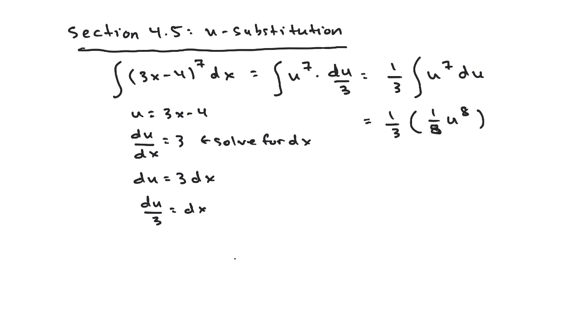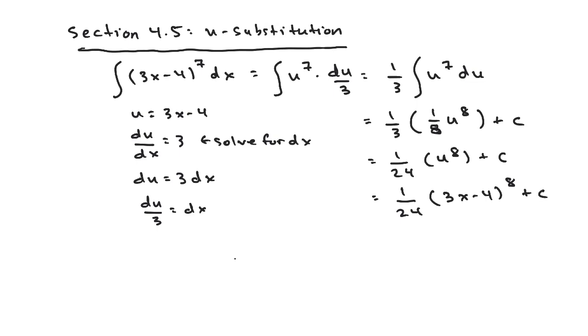And we could put the plus c inside of the parentheses, but since we're going to multiply it by a third anyway, we'll just say that that's a new plus c. We just need one constant of integration. And so this is going to be 1 over 24 times u to the 8th plus c. And then I'm going to substitute back in for u, so I get 1/24th, 3x minus 4 to the 8th